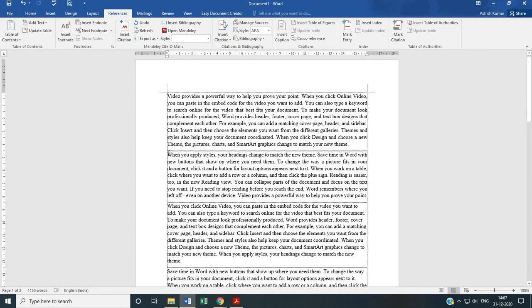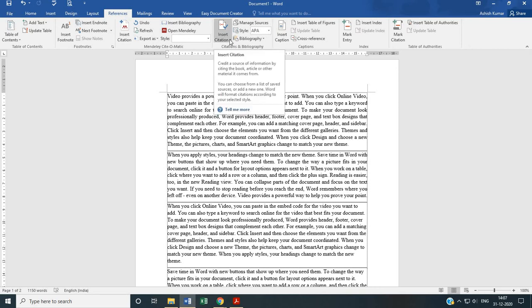So to give a citation, I have to click the cursor at the beginning or wherever you want. Suppose I am clicking here, placing my cursor here, and going to insert citation. The citation means the in-text citation which you provide in between the text, and the references or bibliography which you provide at the end.